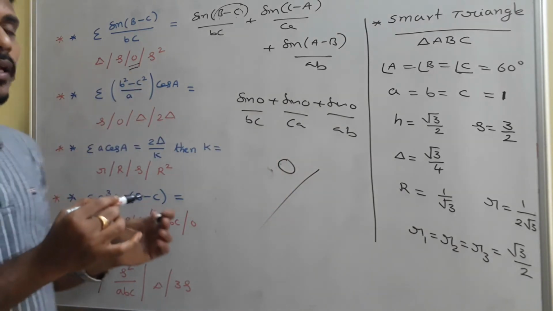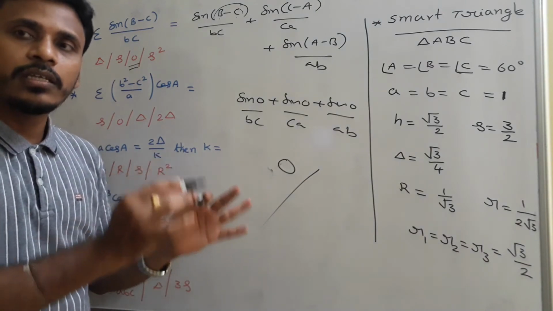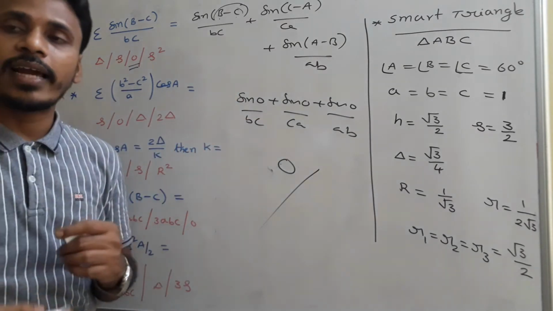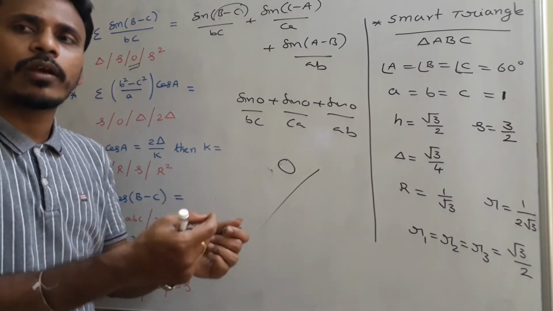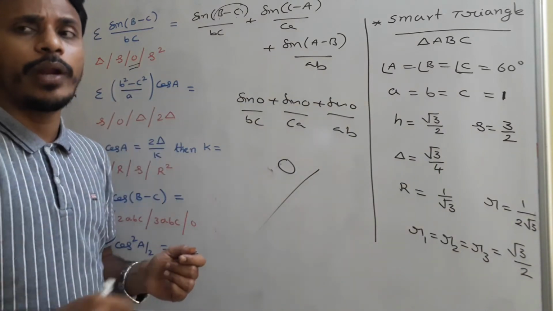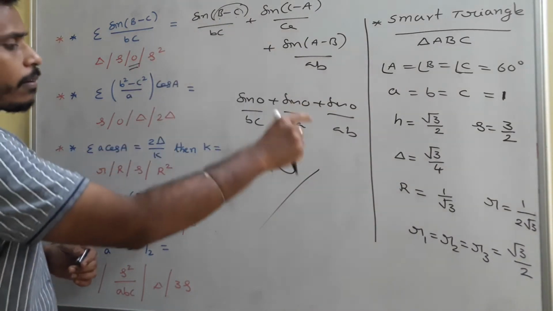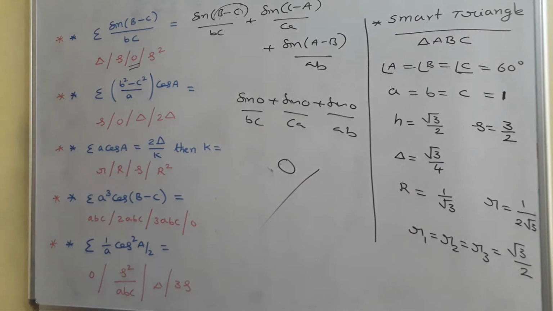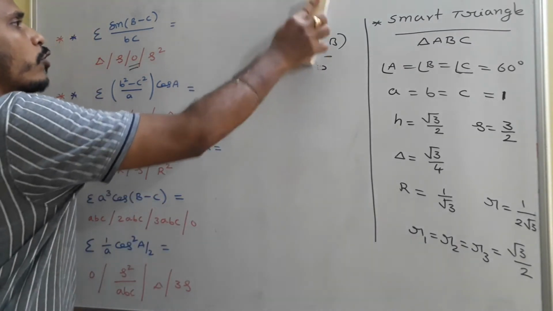Simply, if you use an equilateral triangle, the question is saying this relation between the angles and sides is true in any triangle. Since it is mentioned that in any triangle, specifically we are taking an equilateral triangle and that too a smart triangle. So when all the angles are equal, every term is 0, at the end your summation value is 0, there ends the first problem. In the similar way, the second problem also looks like the same thing.